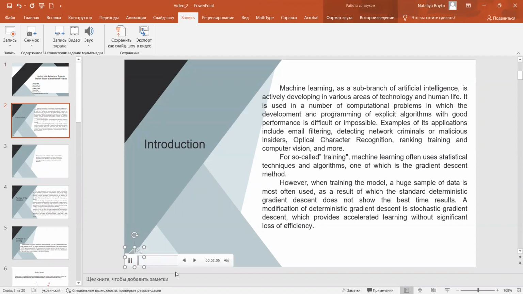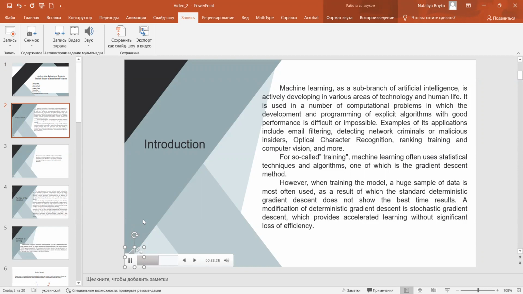Introduction. Machine learning as a sub-branch of artificial intelligence is actively developing in various areas of technology and human life. It is used in a number of computational problems in which the development and programming of explicit algorithms with good performance is difficult or impossible. Examples of its applications include email filtering, detecting network criminals or malicious insiders, optical character recognition, ranking training, and computer